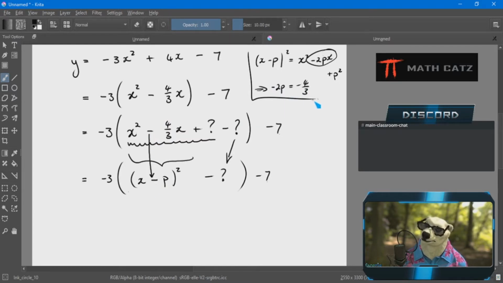So that means, I'm running out of space here. This line was a little bit too high. I need one more line like that. That means that p is 2/3 because I divide by 2 on both sides, creating 2/3. So that means this guy needs to update. 2/3, which then makes the question mark